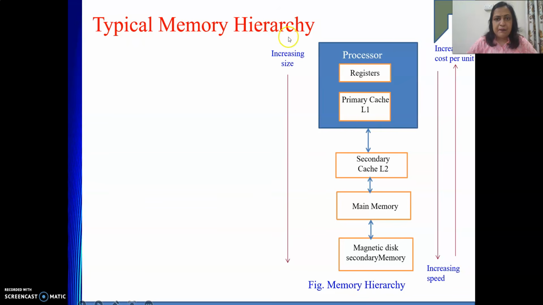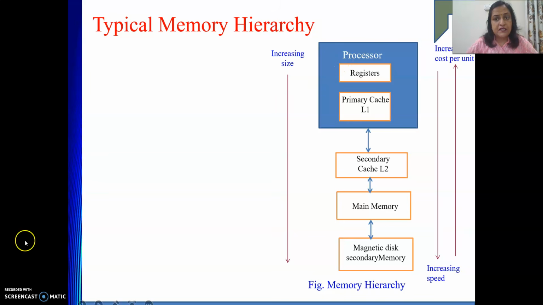So in this memory hierarchy, at the top, we have got registers. Already we have come across registers in our beginning videos. Inside the processor, registers are there. They will be the fastest storage element. Why? Because they are nearest to the processor. So the processor can act on instructions or data that are present inside the registers, right?